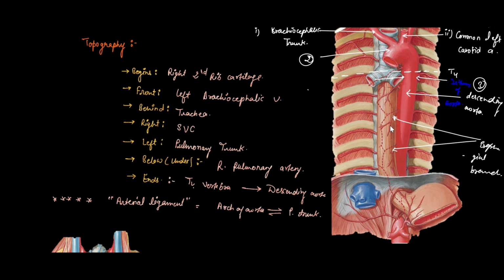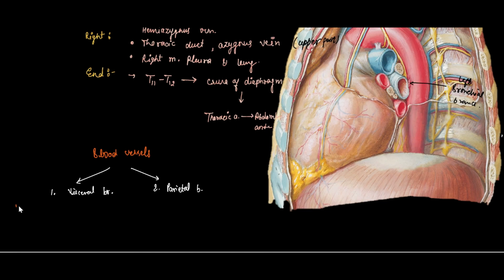Okay, so we studied that four types of visceral branches are arising from the descending thoracic aorta. Let's write down the names of these. The first one was the bronchial branches. These bronchial branches were carrying arterial blood for the lymph nodes and tissues of the lungs as far as the alveoli. So there are left and right bronchial arteries which are included in these bronchial branches.